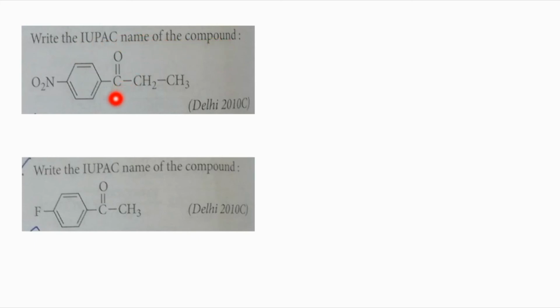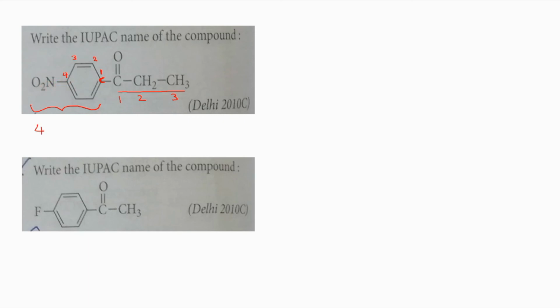See, this is a ketone, but directly a phenyl group is attached to that. So what we need to do, we will have to find out the longest carbon chain and we'll give a number 1, 2, 3. We are giving more priority to the keto group. And now the entire group should be considered as a substituent. Remember, the keto group attached carbon atom should be given number 1. And from there we will have to number like this. So what will be the name of the substituent? The nitro group is attached to the fourth position.